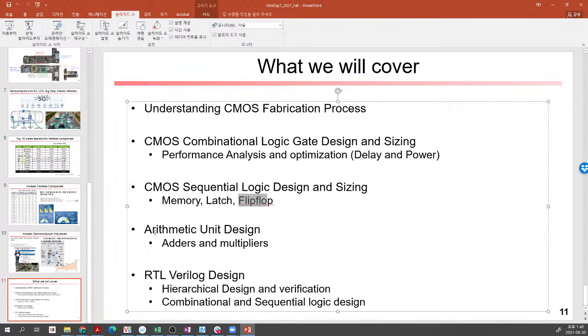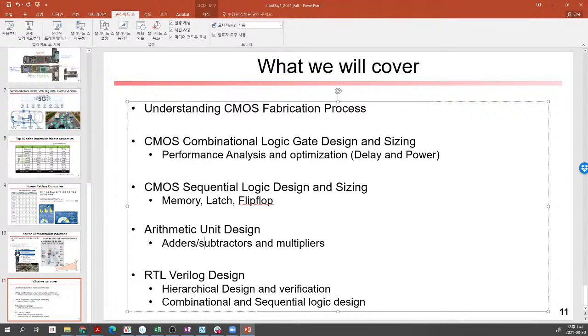Okay, and also we will learn how to construct arithmetic unit designs, for example an adder, subtractor, multiplier, and divider, or all kinds of different logic, but we will mostly focus on adders, subtractors, and multipliers. Okay,